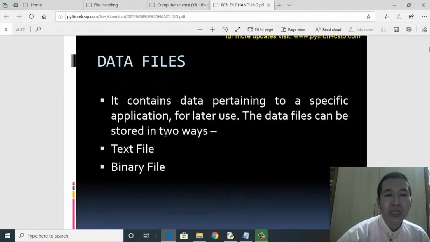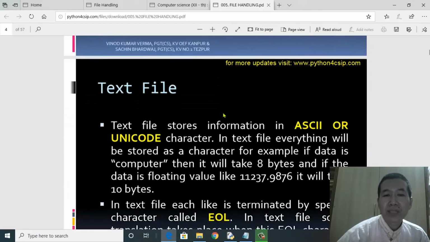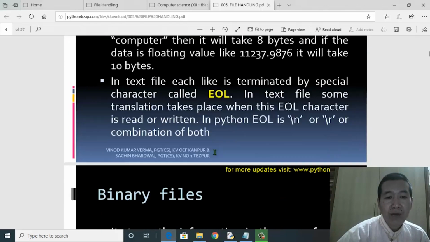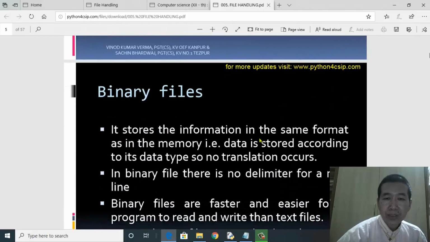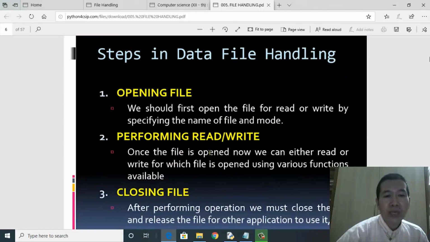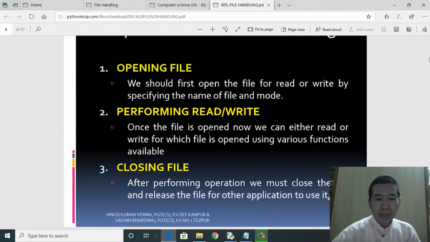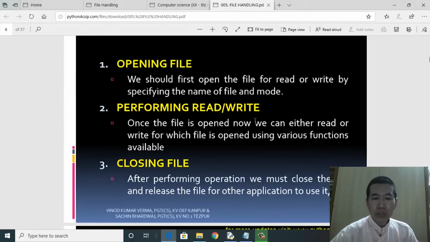These are the two data files, the text file and the binary file. Like I've said, the ASCII code and the Unicode are used in the text file, whereas in the binary file, the format in which the information is stored in memory is as per the information stored in the file itself. Then the steps in data file handling: the first one obviously has to be opening a file, and then the actual operation.